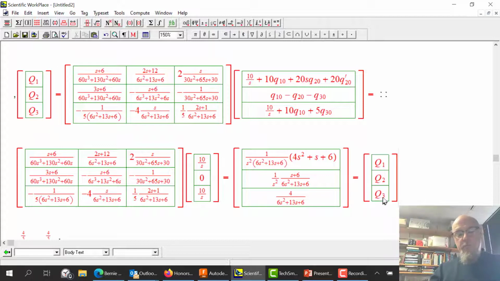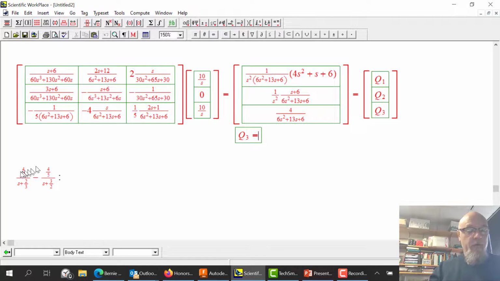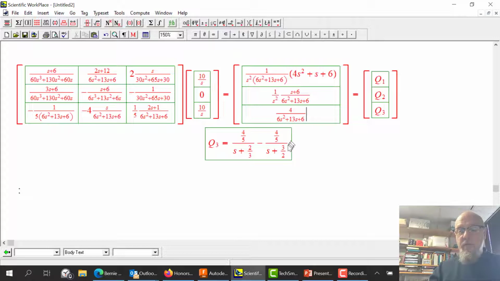So this is equal to Q1, Q2, Q3. That means that I can write Q3, in the Laplace world, is equal to, when I do partial fractions on this and break it up, that's what I get. Now I can unLaplace. That means Q3 must be equal to, taking the inverse Laplace, 4/5